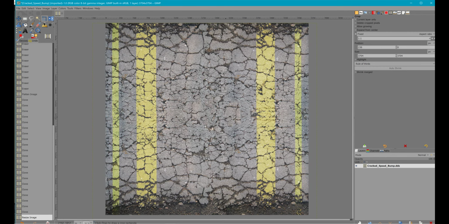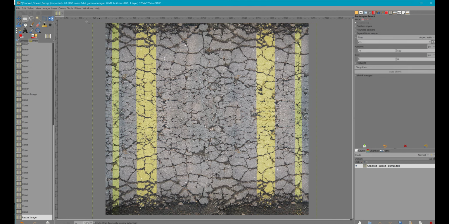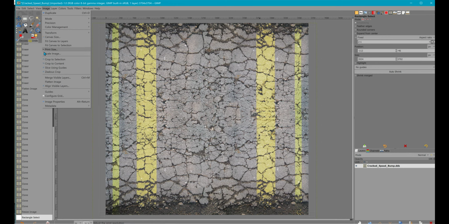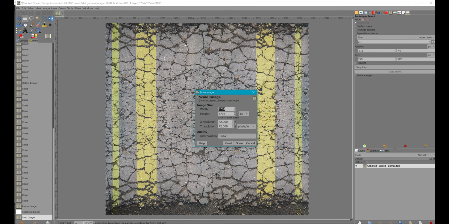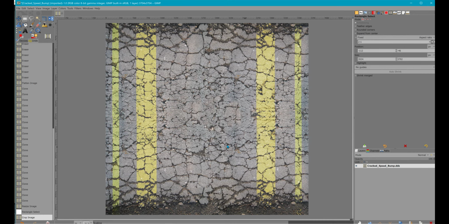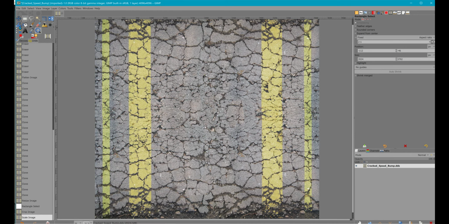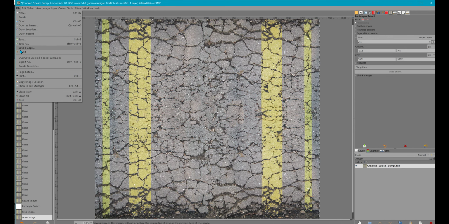Right there. And then select all this. Image, crop to selection, and we have to rescale the image now to be power of 2. Image, scale image, so 4096 by 4096 scale. Now we'll just overwrite the old file,